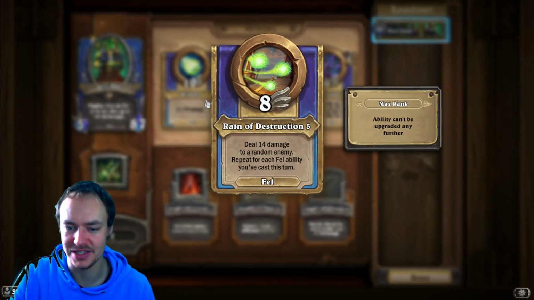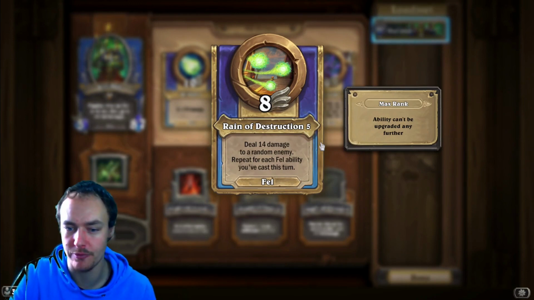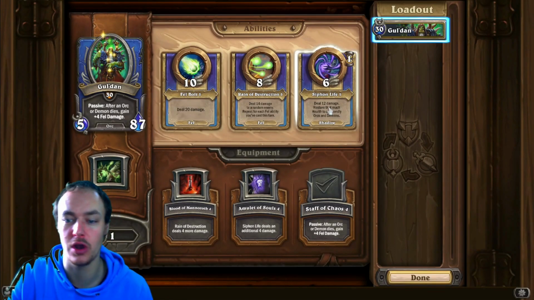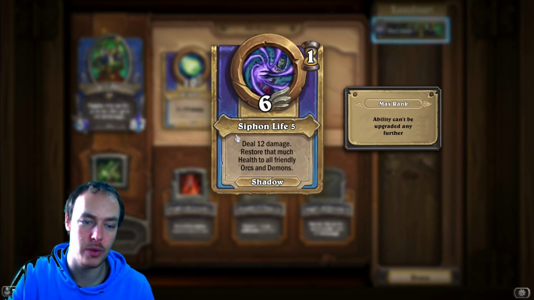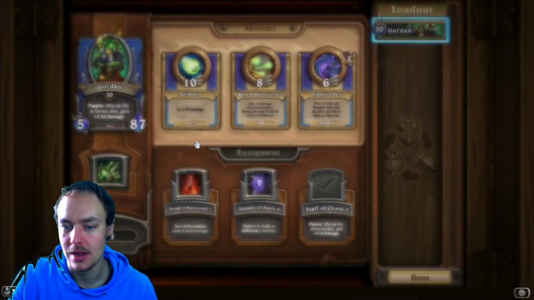So with that being said, getting extra fel damage and running it in a fel deck, you're going to want to go with Reign of Destruction being the first ability you want to upgrade, and then you go for the Fel Bolt and the Siphon Life after that. Siphon Life is probably the best ability by far because it heals all of your orcs and demons once dealing damage. If you hit into a red with this and deals 24, you're getting a lot of heals,